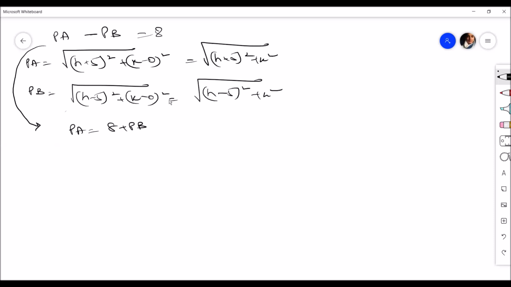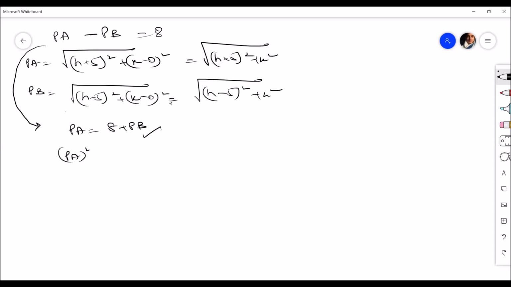And then I will replace all these terms, because if I square it up here on both sides, it will be further more complicated. All right. So that's the reason I don't suggest you to square it up here on both sides. But after doing this step, I want you to square it up. You may try by squaring up on both sides here itself. You will understand why it is getting complicated, as to why I've taken this other approach where I've sent PB on the other side and then square it up. All right. So that will give me